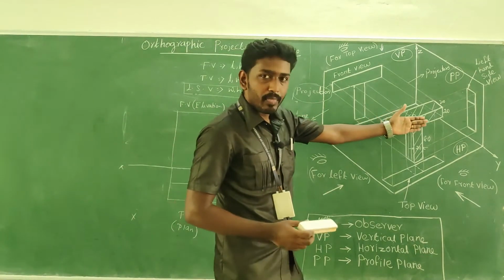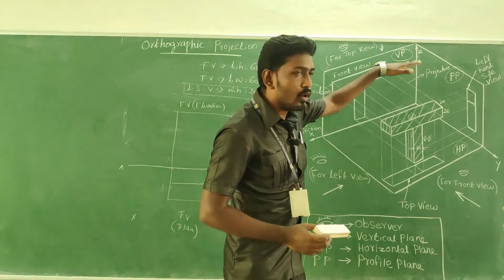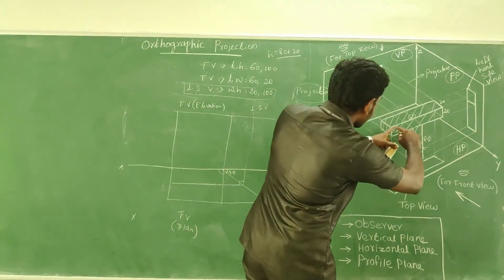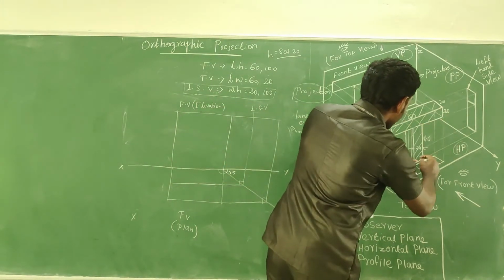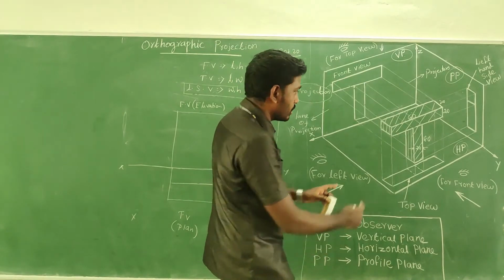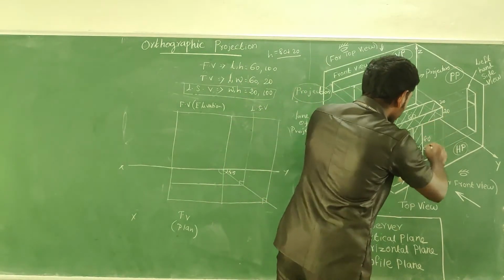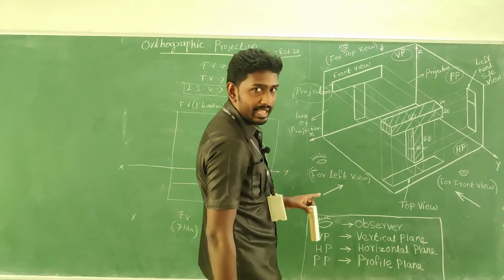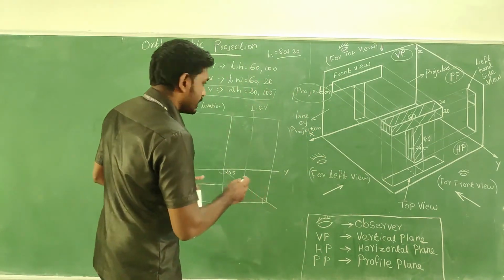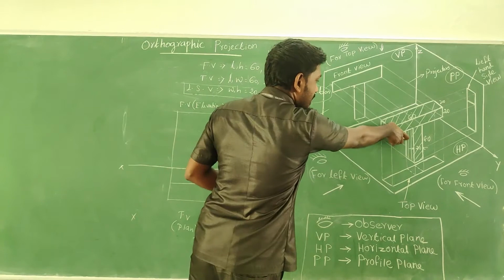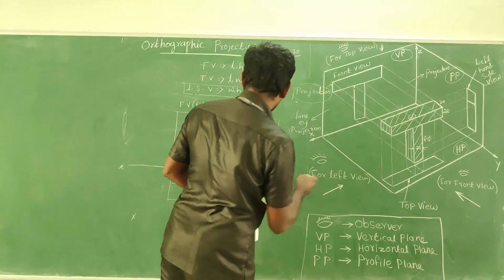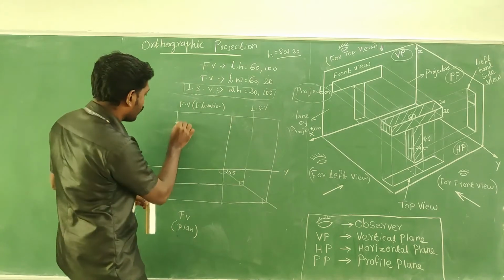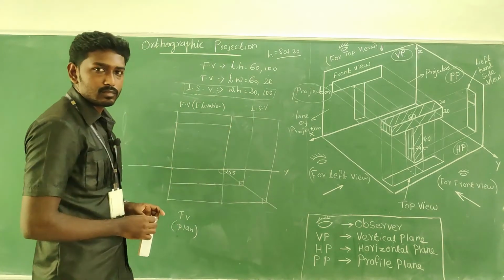We have to trace the image in the front view, top view and side views. We are well familiar that from the front view, the T shape is obtained. Am I right? This will be obtained when we are looking from the front view with a 90-degree look, right? So this can be obtained by, what about this height? 20. So from this end, take 20 and go for a line.